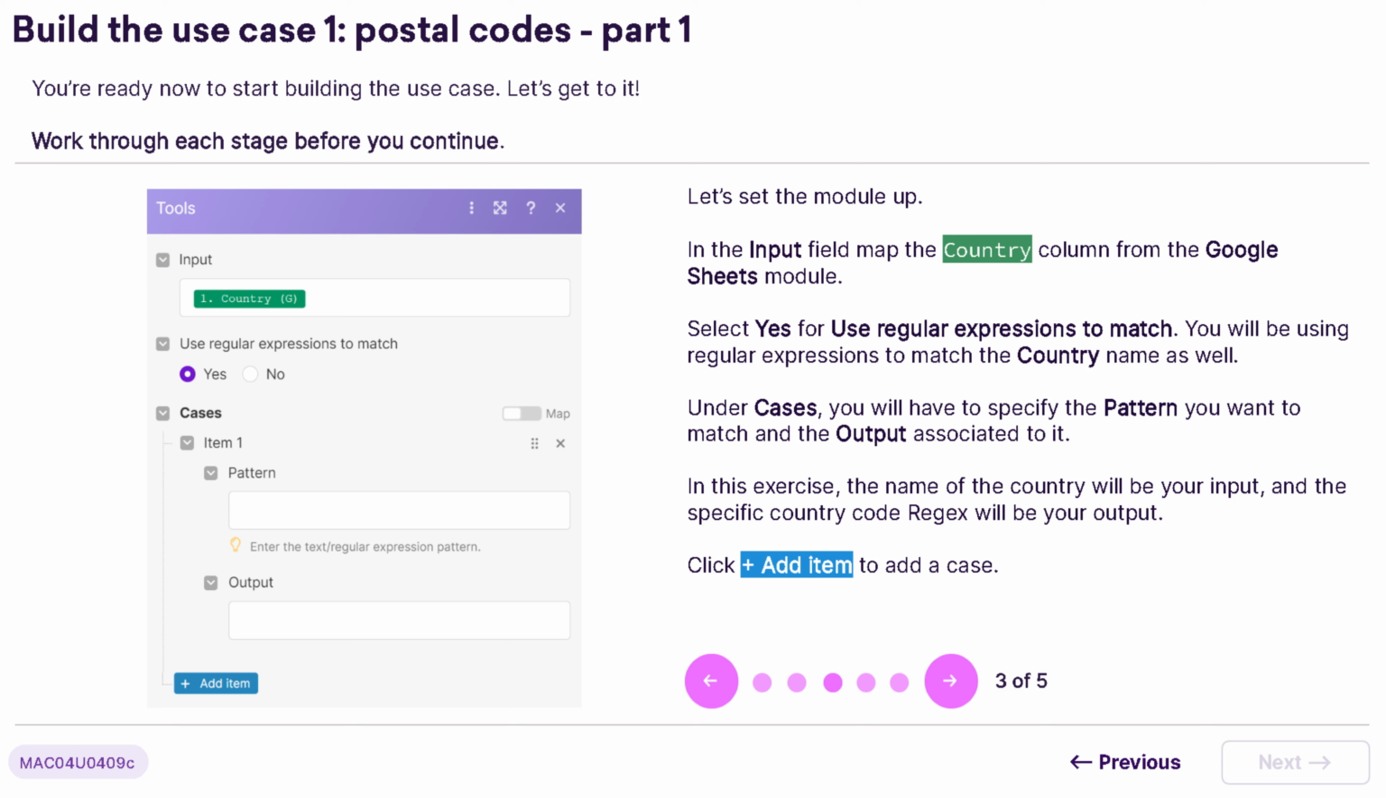The first step involves mapping the country column from your Google Sheets module into the input field. This sets the foundation by specifying which country's data you want to work with. Next, enable the option to use regular expressions. By selecting Yes, you equip the system to match patterns more flexibly with the country's name, allowing for more precise